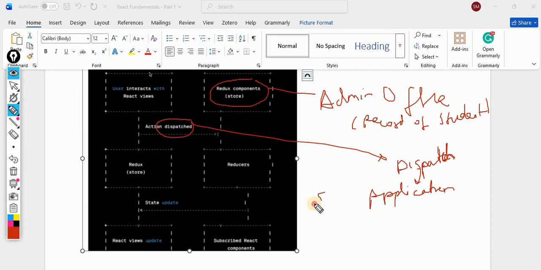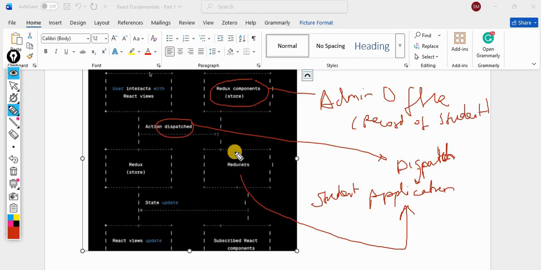Yes, sir. So that is the student application. Who received this application? The reducer. The reducer will receive this application. So reducer is just like, if you say, a clerk.